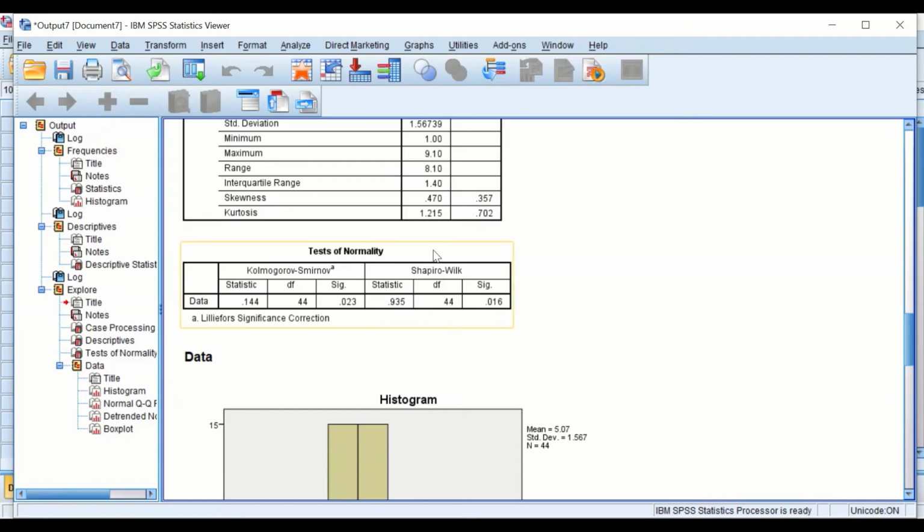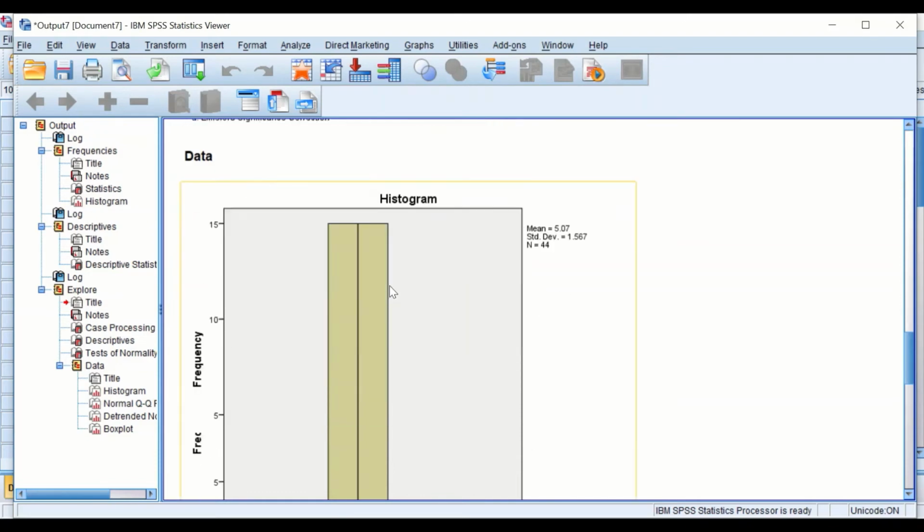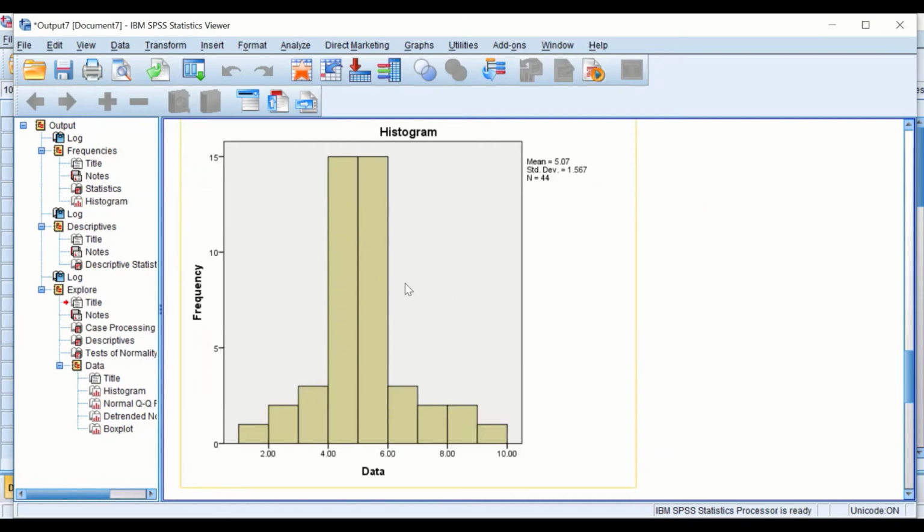Again, as we can see here, using these two tests, these data are not normally distributed by looking at the p-value here, and I have a separate video clip describing normality test in SPSS. Again, the SPSS will generate a histogram chart, and as we can see